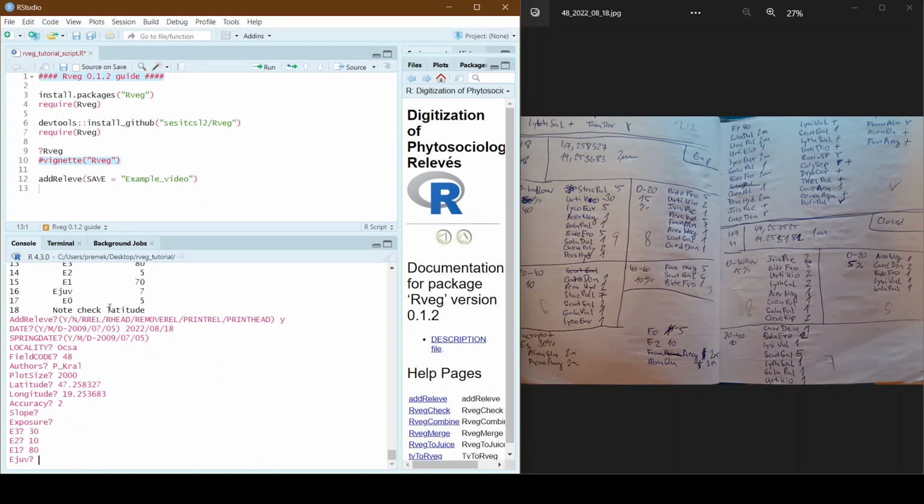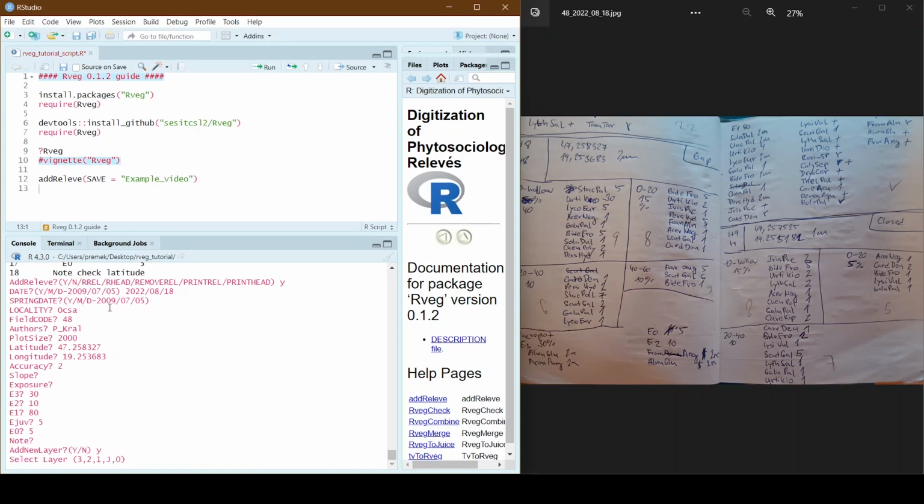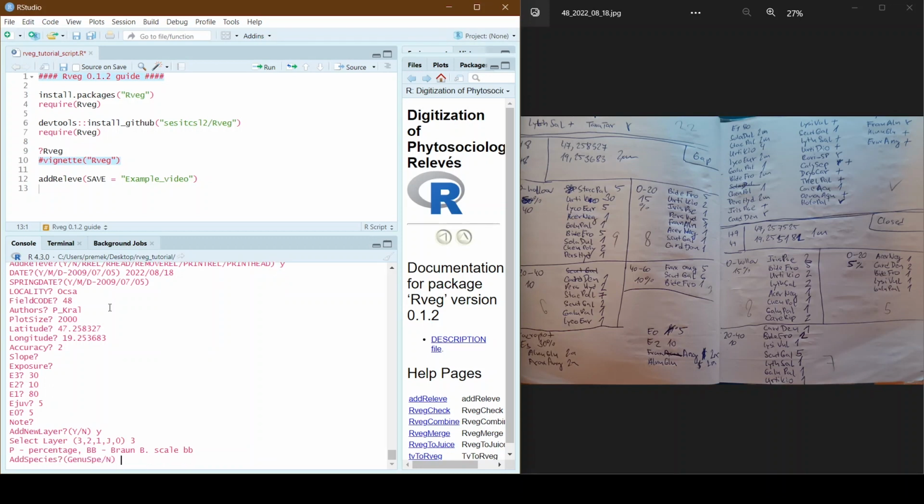Is there no juveniles? Oh, I think I didn't scan it again. And no animals 5%. No note for this case. And now we just repeat the same process as before, adding all the species. So I will quickly do that. The layer 3, tree layer, starting with Alnus glutinosa,